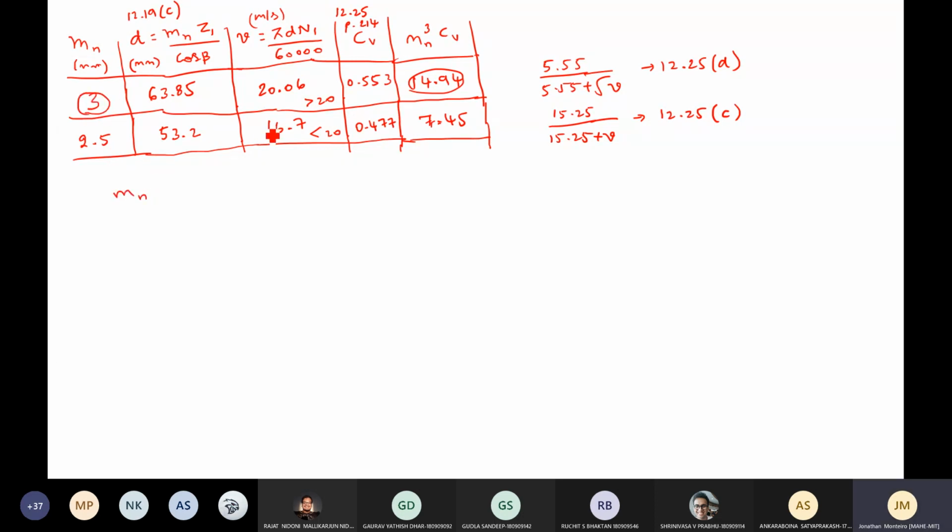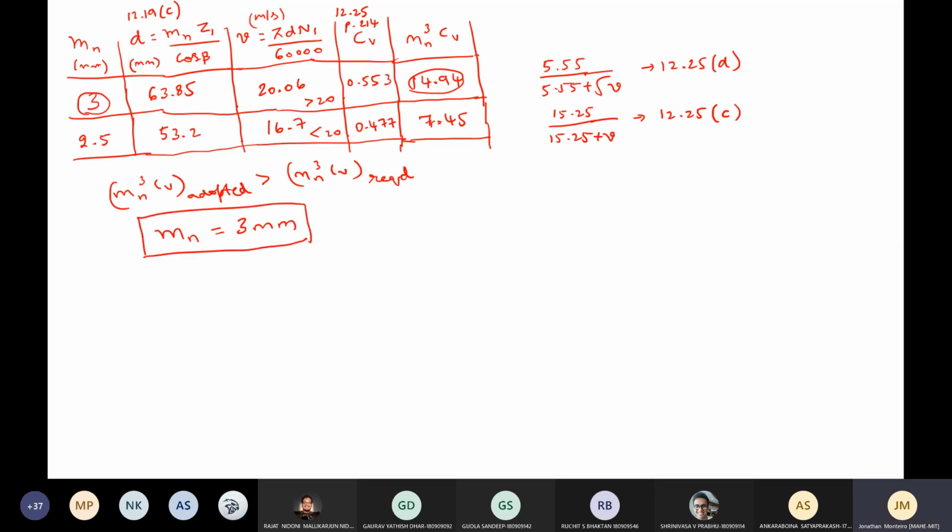I did 2.5 just to see whether it comes closer to 9. Now we know that mn cube CV adopted is greater than mn cube CV required. So we can say that the normal module that is required is 3 mm. So what are the things you can write now? Since the normal module is set,